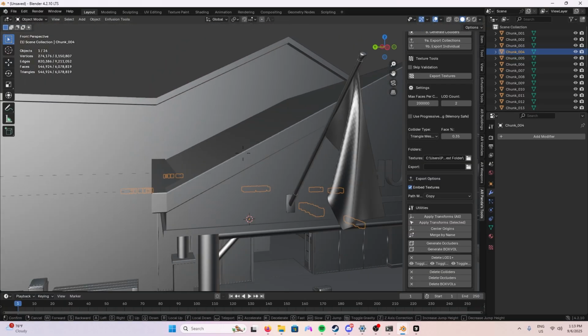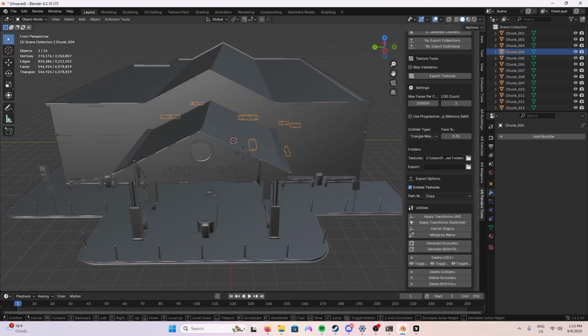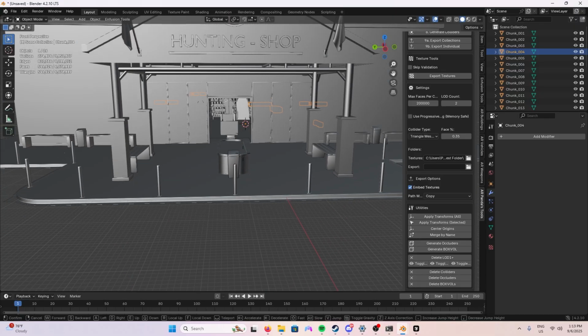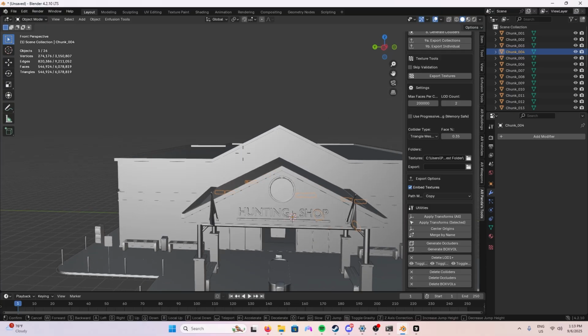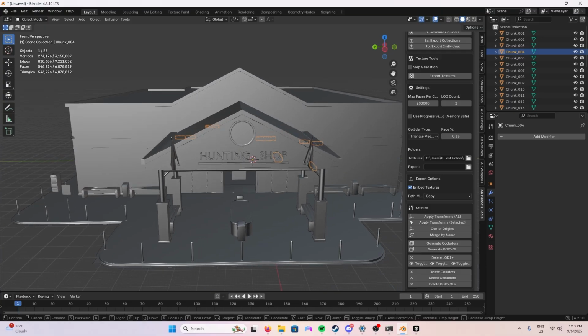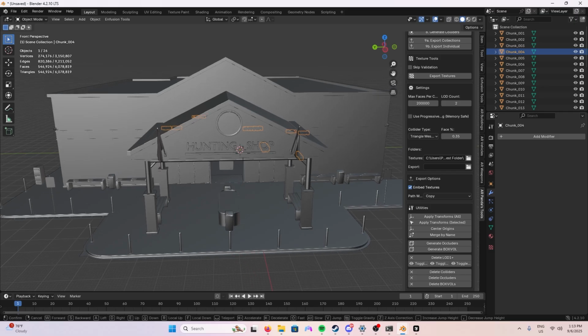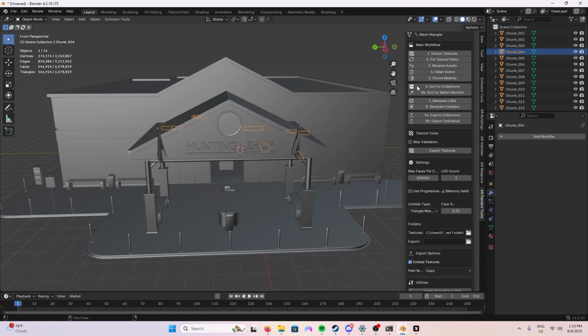What we're going to do next is, now we have all our chunks, we're going to sort them to their own collections, because how this script works is it exports per collection. So chunk 1 will be its collection. It'll export chunk 1 as its own FBX, and then chunk 2 is its own FBX, and you'll bring those all into Infusion when you're ready. So we're going to go up here